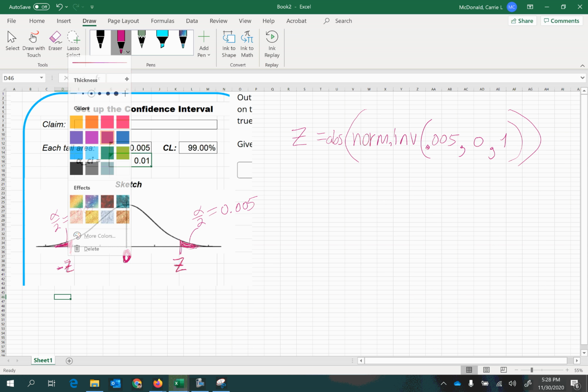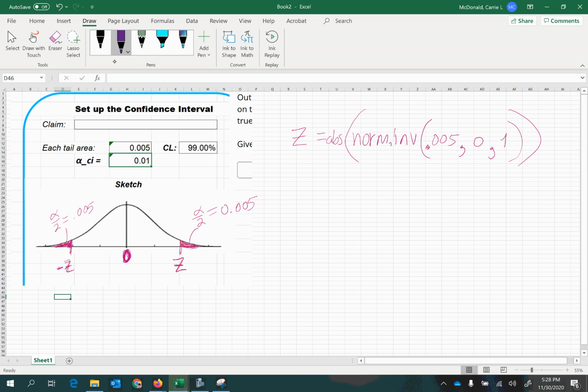Okay, and so what we're going to do is take our sample proportion, which is p hat, or x over n, and we are going to add a margin of error, and we are going to subtract a margin of error to get our upper boundary and our lower boundary. So our lower boundary and our upper boundary will coordinate with those z-scores, representing a number of standard errors away from the center. Now the margin of error added and subtracted onto our p hat, how would that look? Let's see.